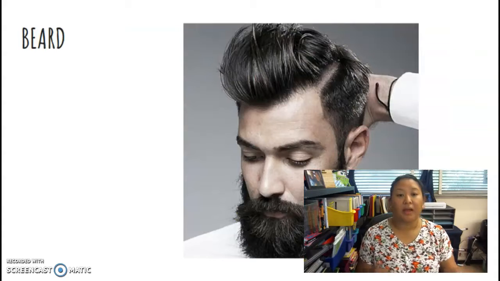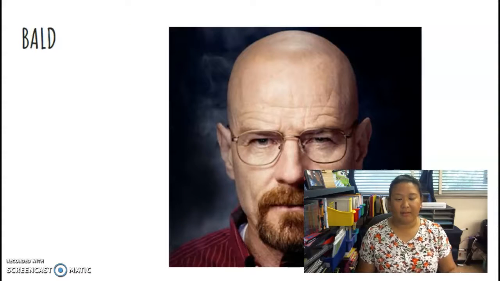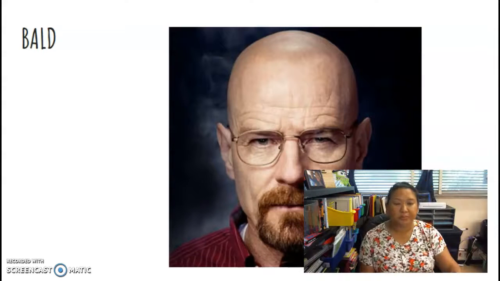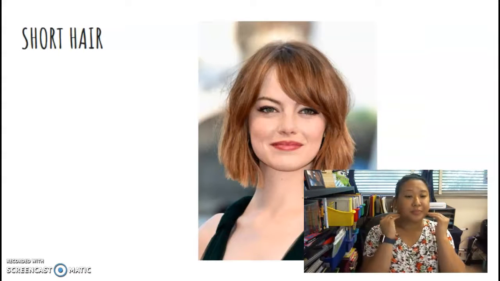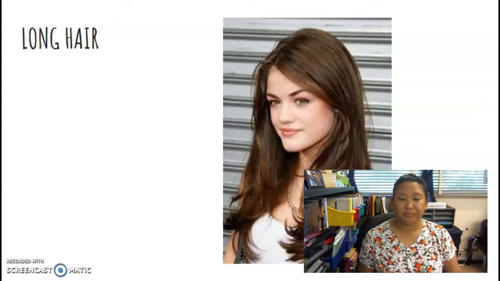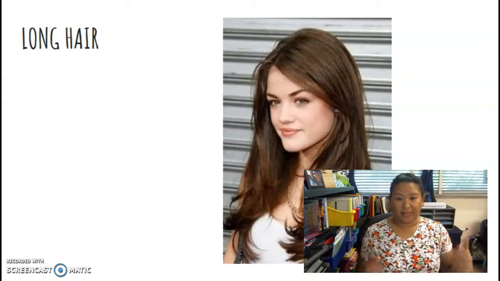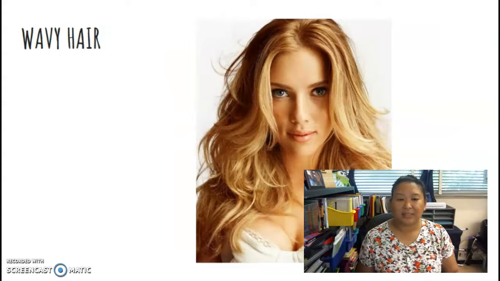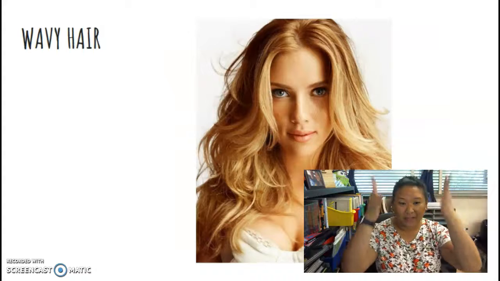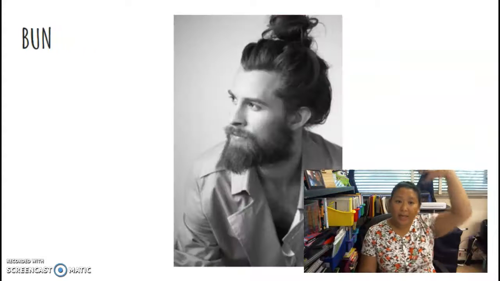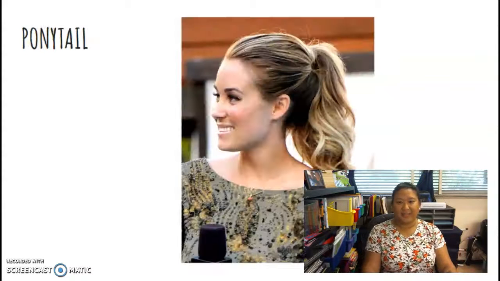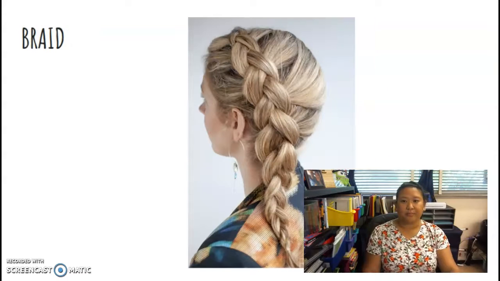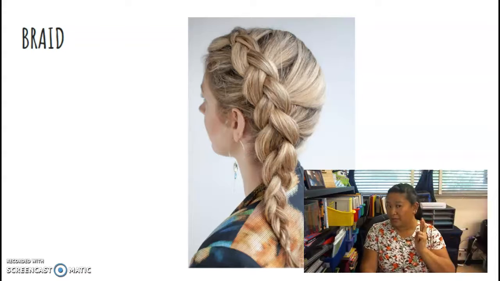Mustache, a beard, bald, so it's a 25 hand shape, bald, short hair, or however short it is, long hair, however long it is, curly hair, wavy hair with 5 hand shape, wavy, a bun, a ponytail, so you grab it and comes an S, a ponytail, an R, braid,